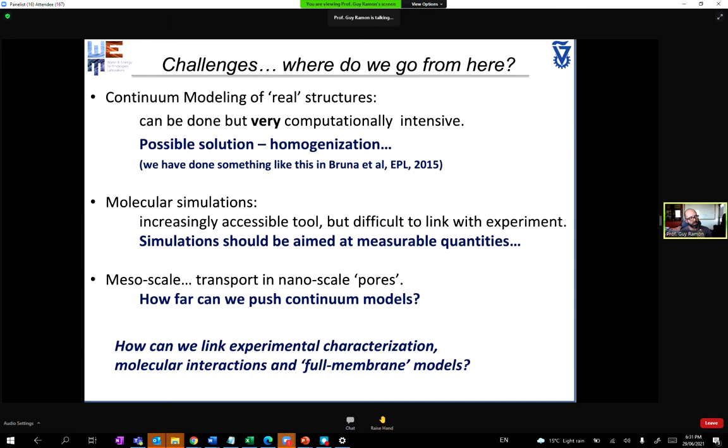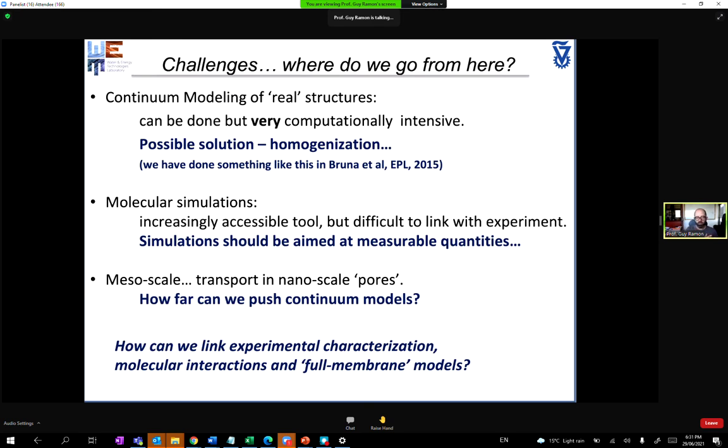But I would say that I would only do that after I'm convinced that I have a very good idea for what the structure should look like. Before that, I want to see how general attributes affect transport. And one solution is a methodology called homogenization. It's a very, very nice, very powerful mathematical theory which falls under the category of asymptotic analysis. And it basically means if you can exploit some